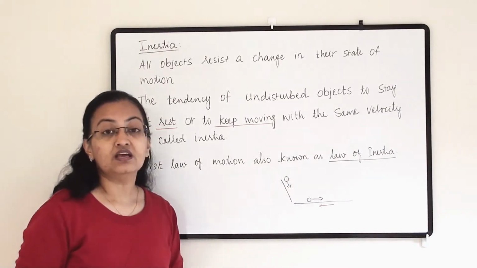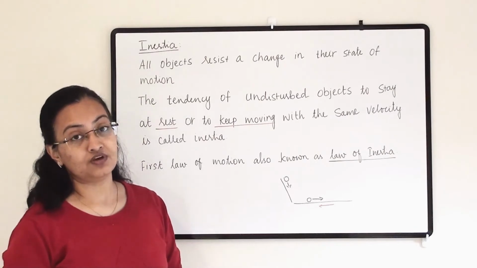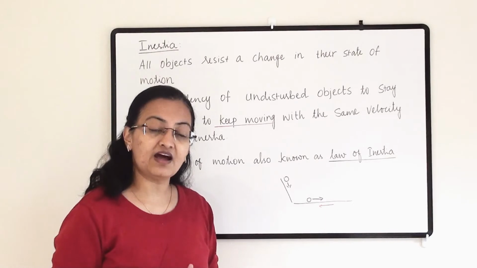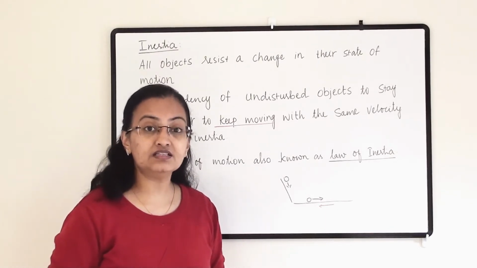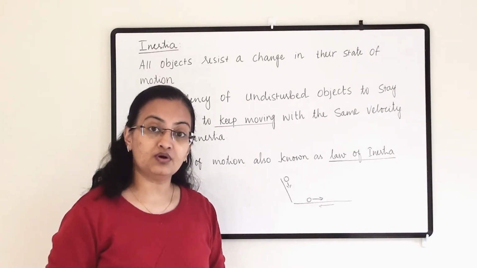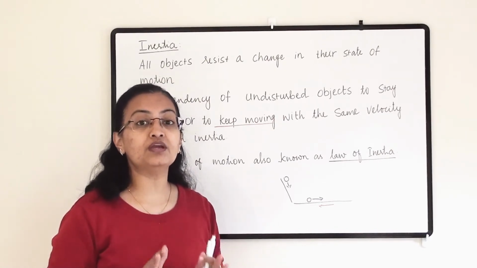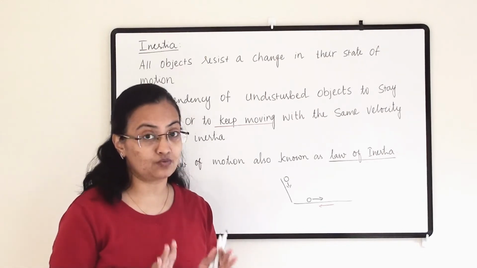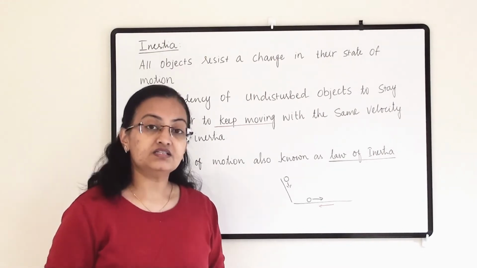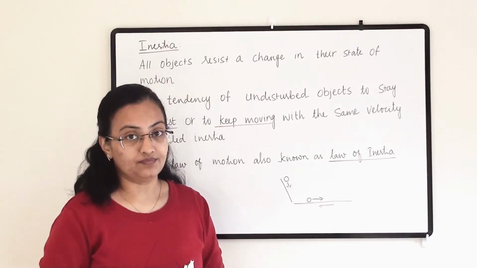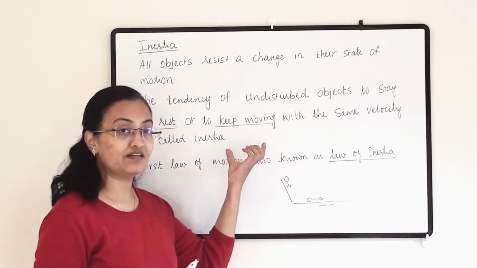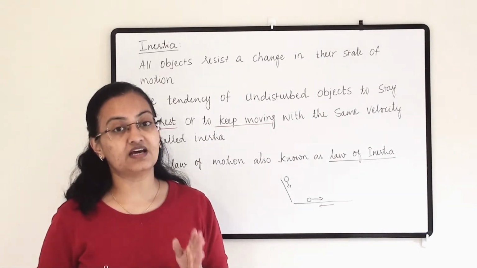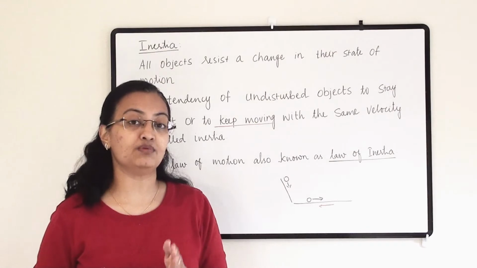We have seen in the first law of motion that if the object is moving in a certain direction or the object is lying at one place, then until we apply an unbalanced force upon them, they will keep on doing whatever they are doing. If they are moving, they will keep on moving. If they are staying at one place, then they will be there until an unbalanced force acts upon them. So the same thing we are discussing here, and this is happening because of the inertia. All objects have inertia and this is happening because of that.